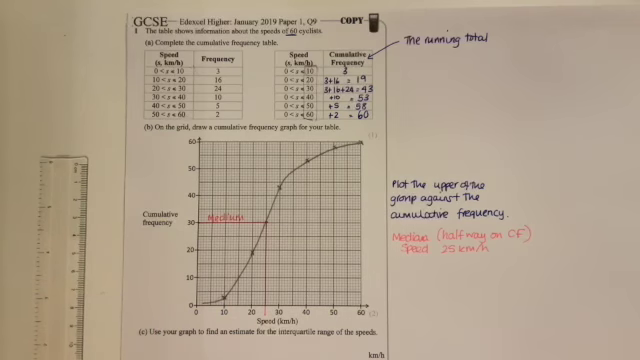Okay. Then we're going to answer part C. You use your graph to find an estimate for the interquartile range, okay? So the range, you should know, is where it talks about the spread of the data, so how spread out it is. We're not going to do the biggest take away the smallest because we don't know those values, do we? Okay, so the interquartile range,